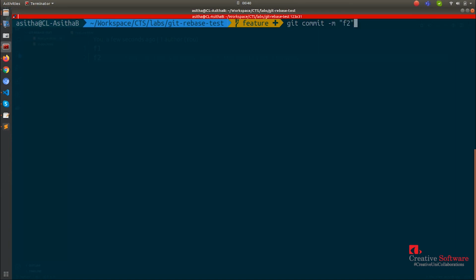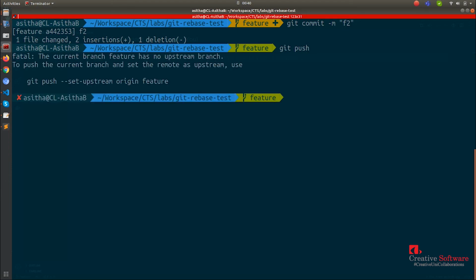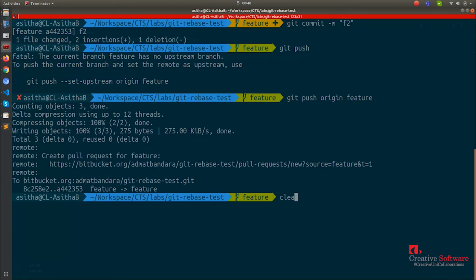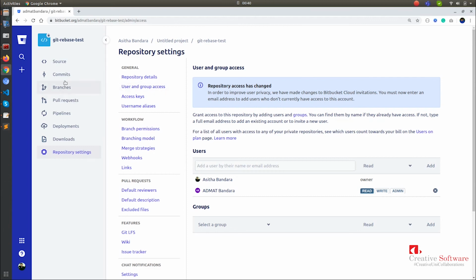Please put clear messages here, okay? And we can push the changes to the feature branch. We have to type origin feature. Okay, it is pushed. If I go back to the repository and check for commits,